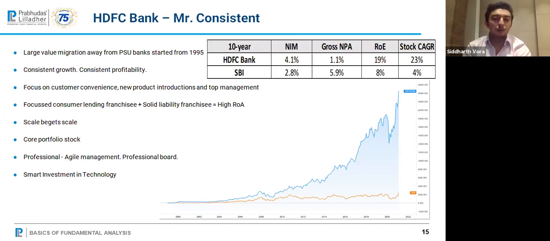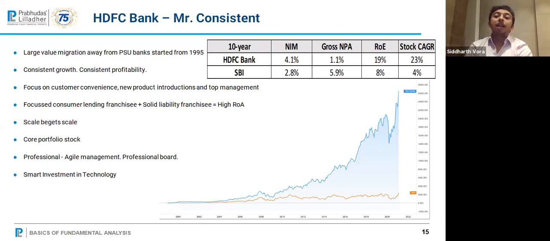मैं लोगों से पैसा लेता हूं, वो डिपॉजिट करते हैं, मेरे साथ सेविंग करते हैं एंड वही पैसा मैं कॉर्पोरेट्स को, लोगों को लोन करके देता हूं. तो in that difference, what do I make? That is my net interest margin. Very simple. So HDFC Bank is working with a 4.1% net interest margin. SBI is working with a 2.8% net interest margin. So HDFC Bank is good, better.